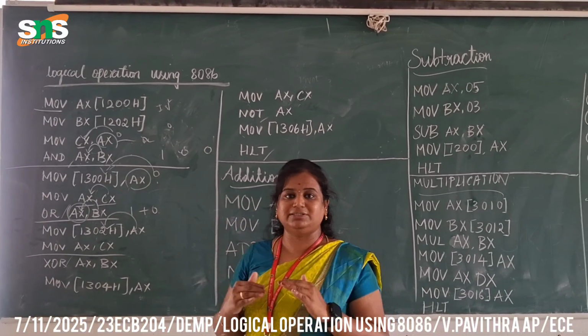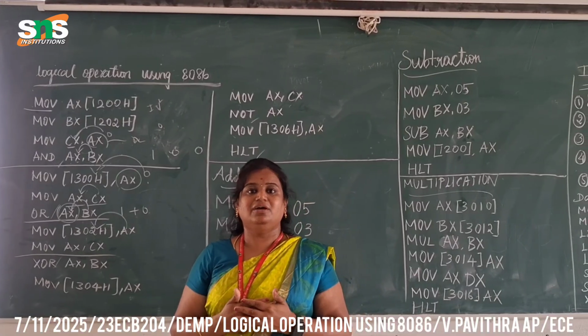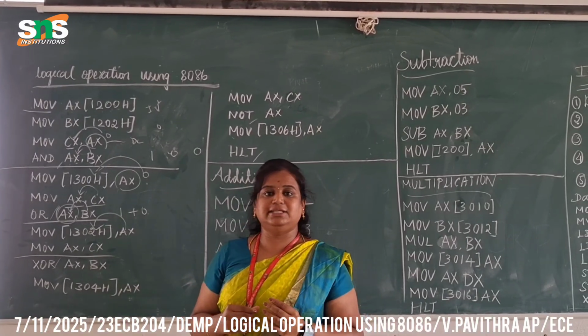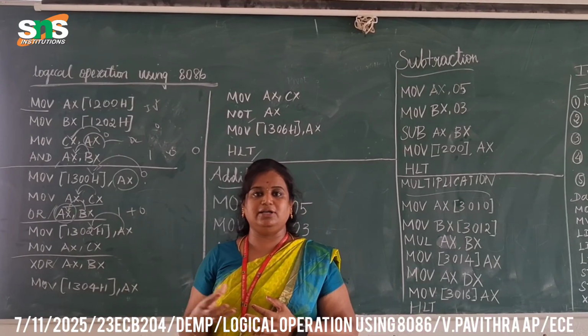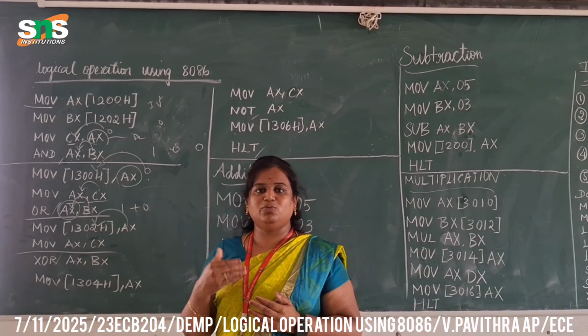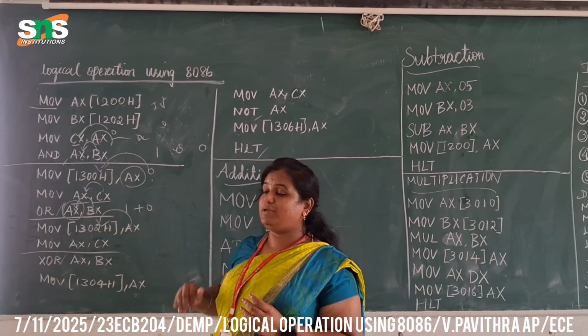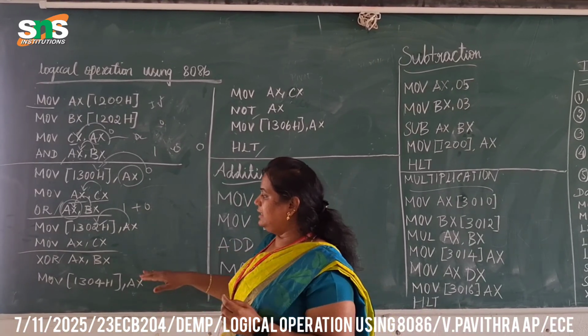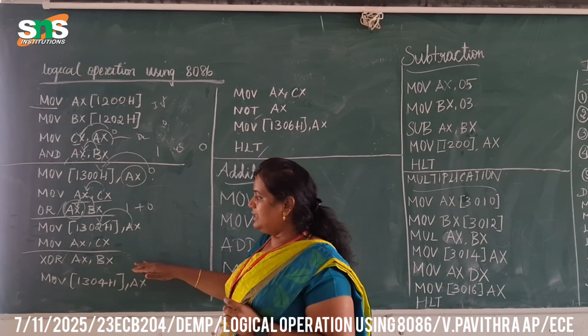You know very well what is a MOV. It is a type of instruction which is given to the microprocessor, right? So AX, BX, CX, DX, these denote the registers, and the X denotes the 16-bit data. If you want to denote 16-bit data, you have to mention AX, BX, etc. Right? So MOV, and then we are going to start the XOR operation.